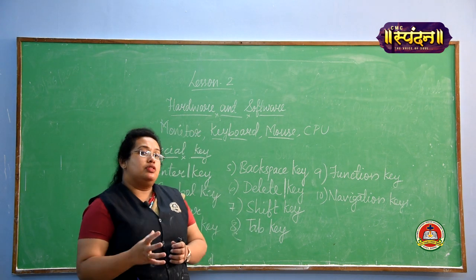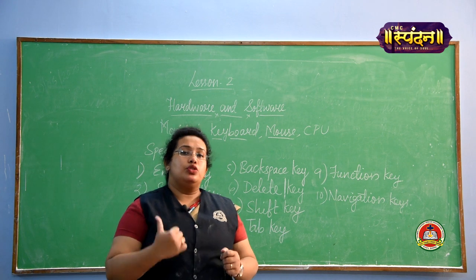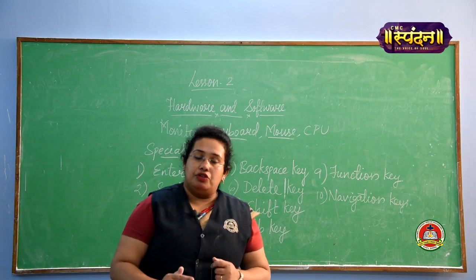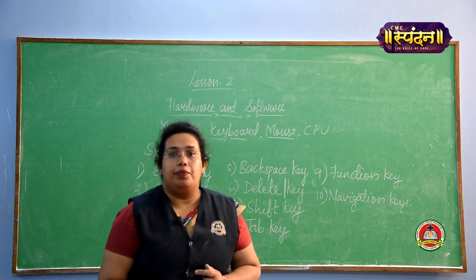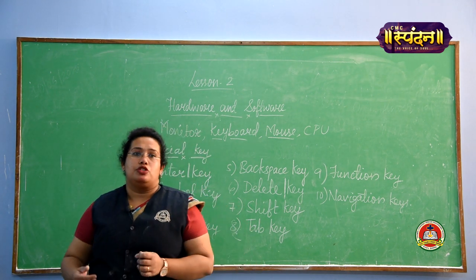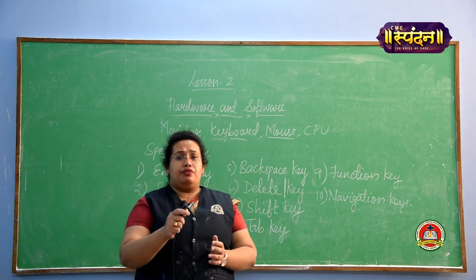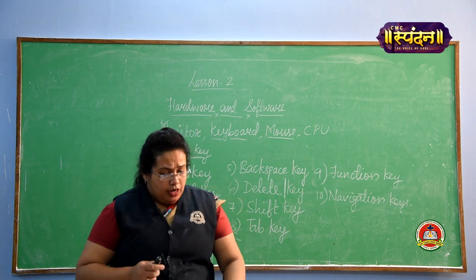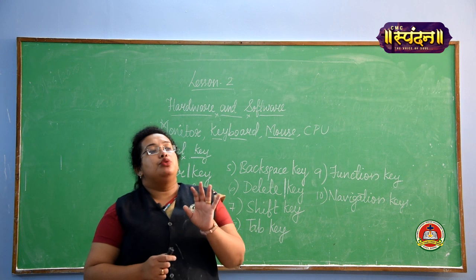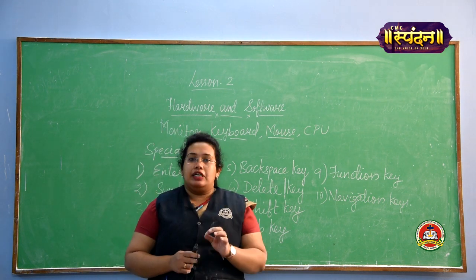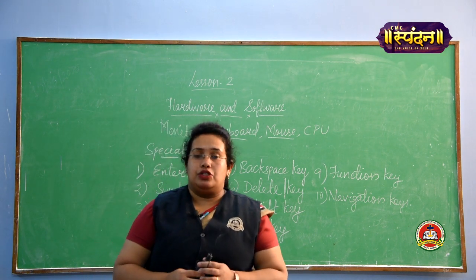Now to make the processing work we need software. To use all this hardware we need software. So software is a set of instructions which we are giving to the computer to work properly. We have two types of software, system software and application software. So these softwares work like that. Now whatever we have studied, first you have to go through the chapter, read the chapter, then very easily you can understand the things.